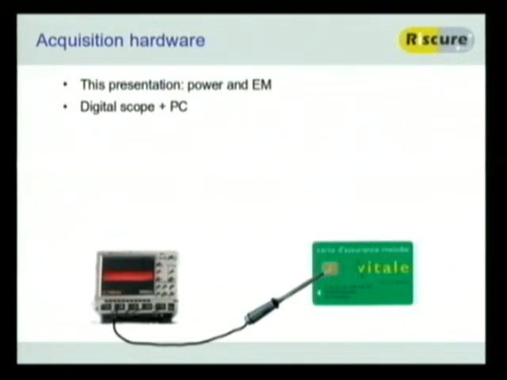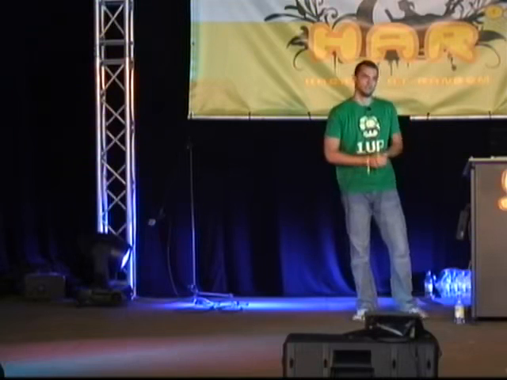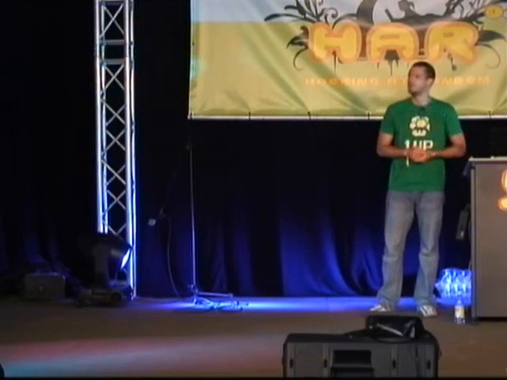So what kind of hardware do you need for this? Well, first of all, it's nice to be able to actually measure the power. So you need some kind of oscilloscope, preferably a digital one, and some kind of PC to acquire this signal. Depending on your target, this can be just an off-the-shelf eBay scope, going up to the scope you see in the picture, which is the price of a small car, which is the kind of stuff that we use in the lab. Because when you go to the really high-end targets, you need very precise measurements. But the older smart cards are really easily breakable by any standard, easy scope.